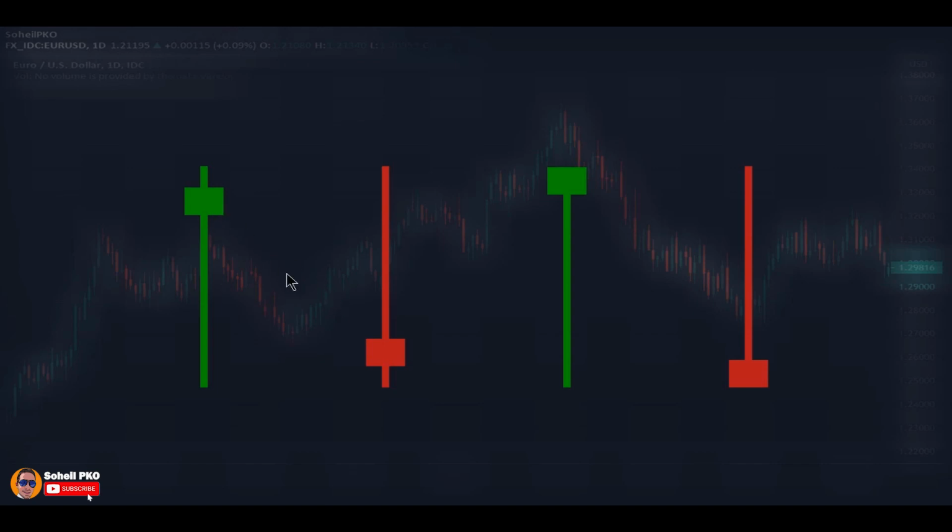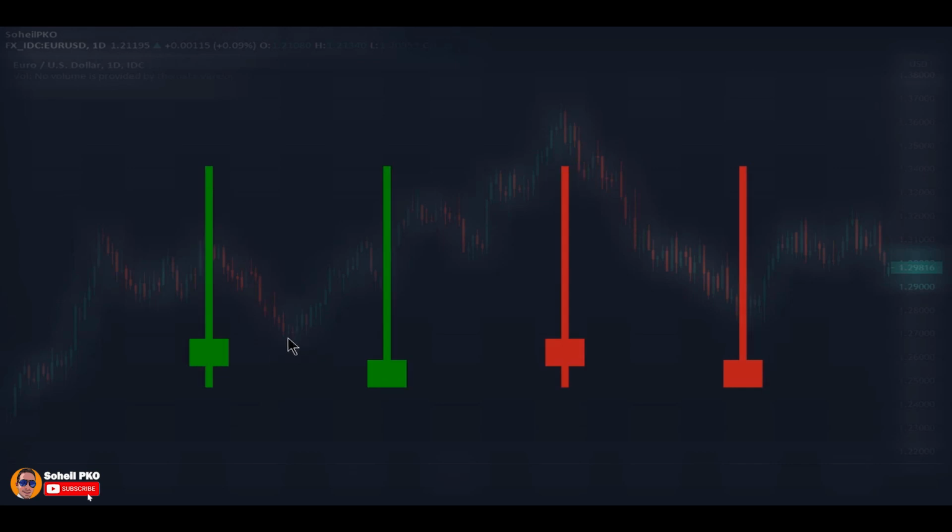Other forms of candlesticks are when we have a small body like spinning tops, but one of the shadows is long and the other shadow is small or non-existent in the ideal situation, and based on where they form on the charts, they have different names and different interpretation. Alright, first let's consider this candle where we have a long upper shadow and a small lower shadow, and as I said, in the ideal situation, we don't have this small lower shadow, and this makes the candle even more significant